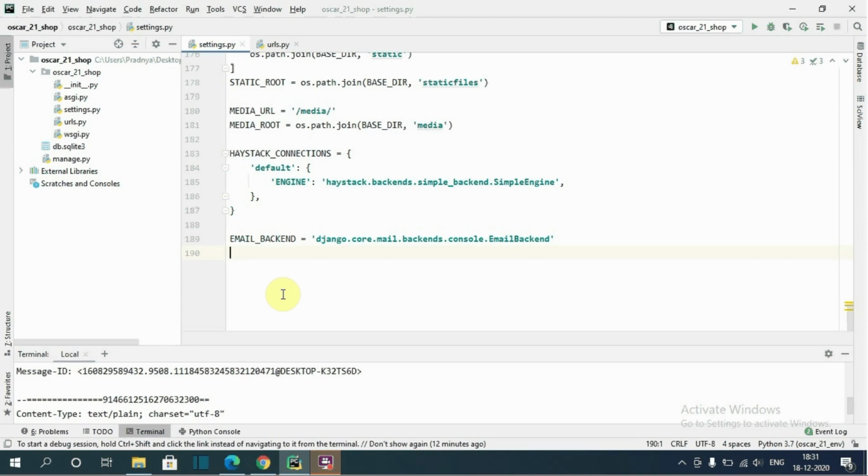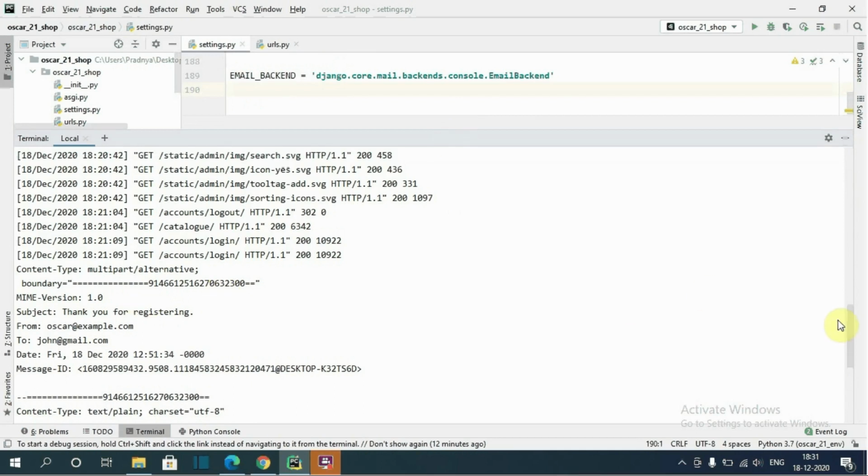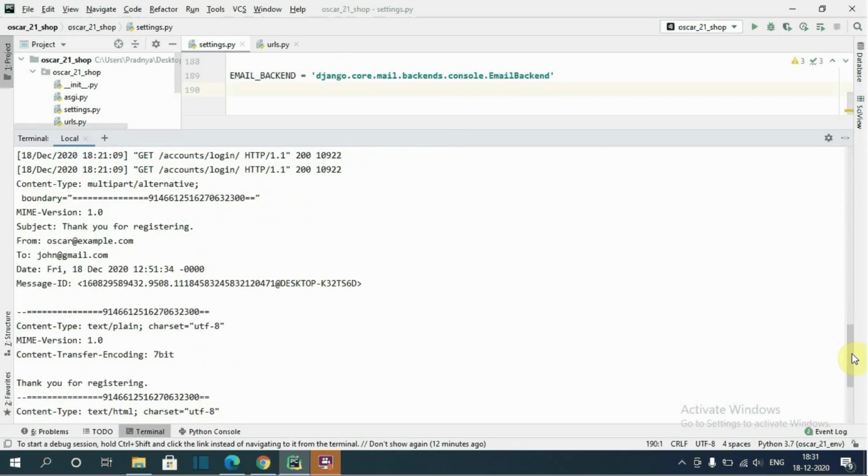Okay, I have already successfully registered one user, and I will open this terminal. You can see here the email is printed. Now on this console, these are the details of the email that is sent by Oscar.